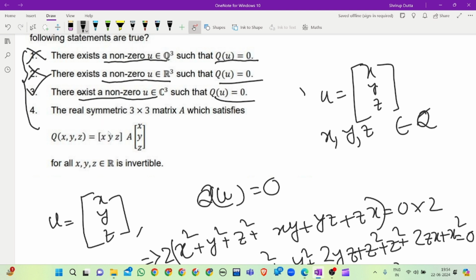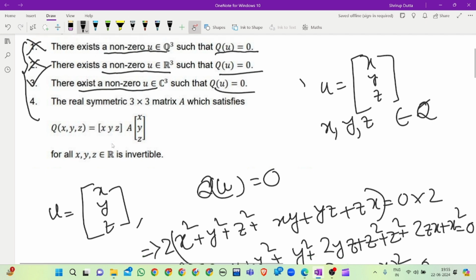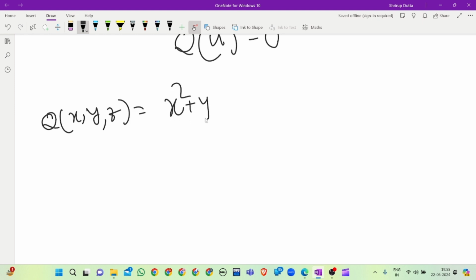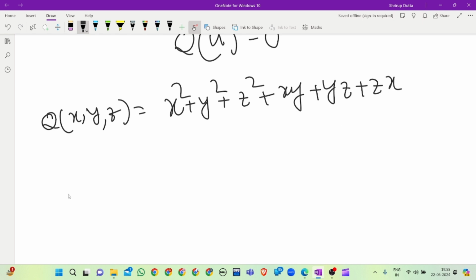The real symmetric matrix 3 cross 3 associated with the quadratic form is invertible. So we are given a quadratic form, q of the vector x, y, z, which is x square plus y square plus z square plus xy plus yz plus zx. So if we take the associated matrix with this,